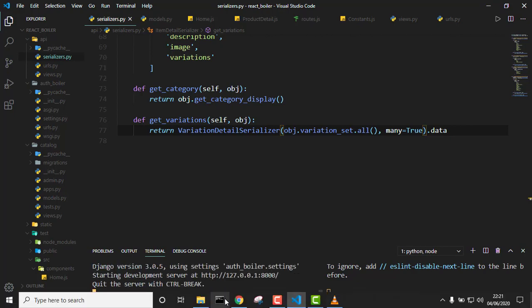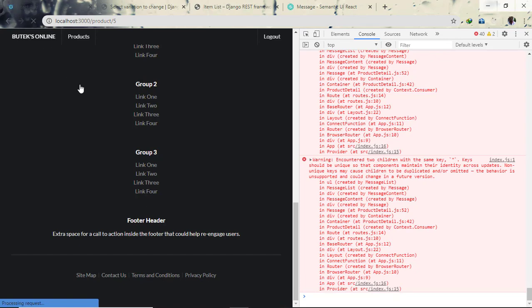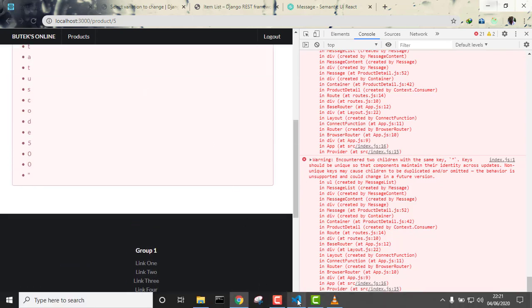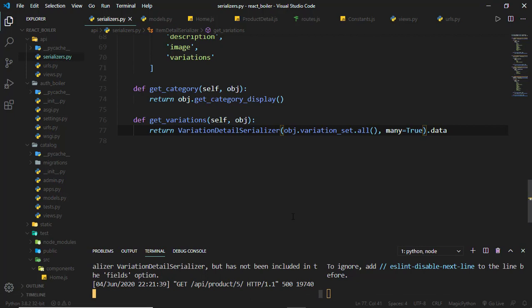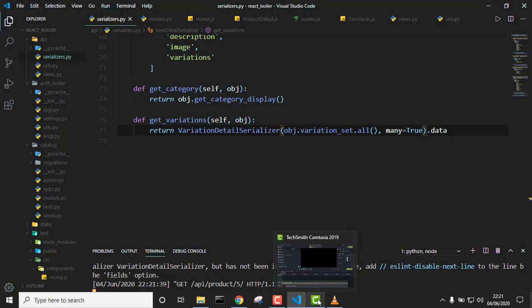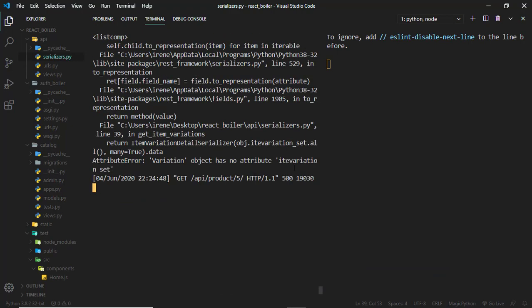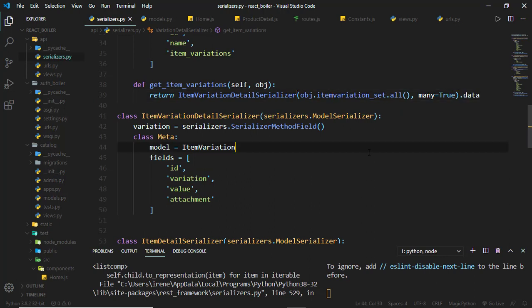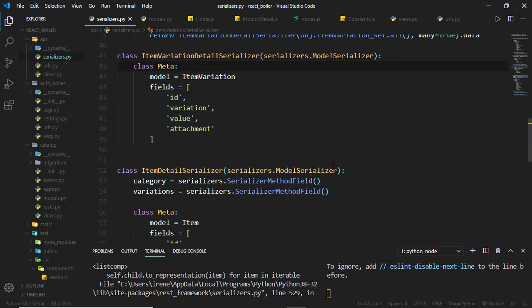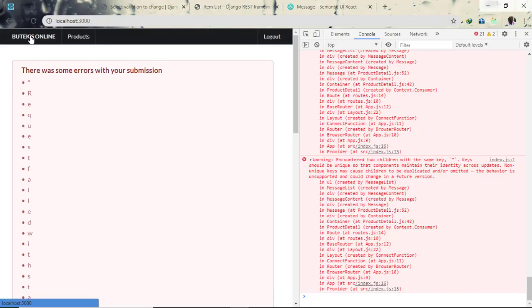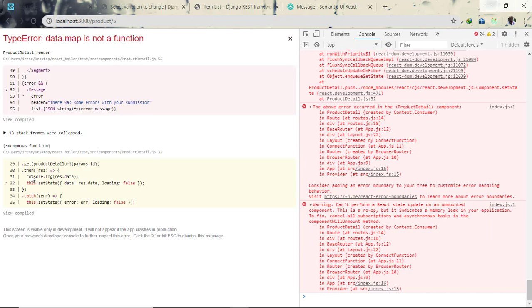And if we check the server, it is still running. So if we come back and refresh, we are still getting 500 again. The error is coming from item variation. Object has no attribute item, and that's because I spelled that wrong. So that should be item variation. Since we are not specifying a get variation model on the item variation, we can just get rid of that and put the commas there. Everything looks good. So if we come back to the home page and click on that specific title there,